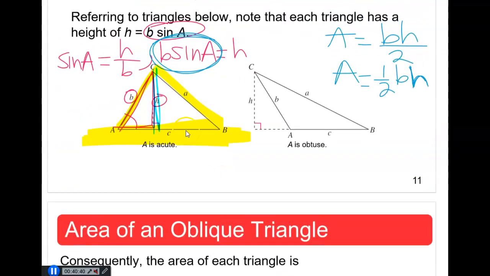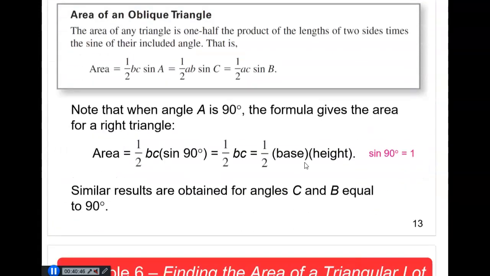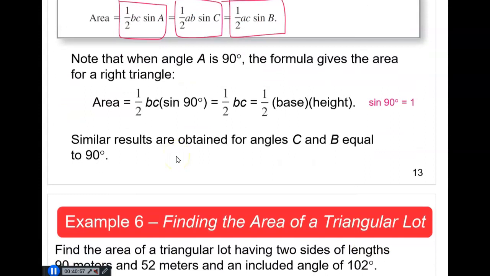So a triangle that is not a right triangle is either an acute triangle or an obtuse triangle. And the three formulas, three variations are also listed here. You can see they are the same. Make sure you have this formula handy with you. And let me just show you why when you have a right triangle, the formula just becomes base times height. It's very easy